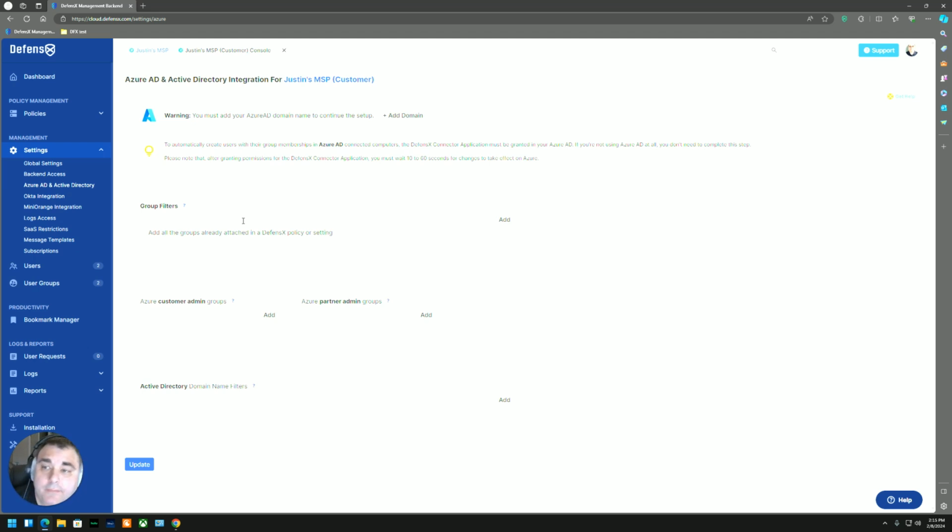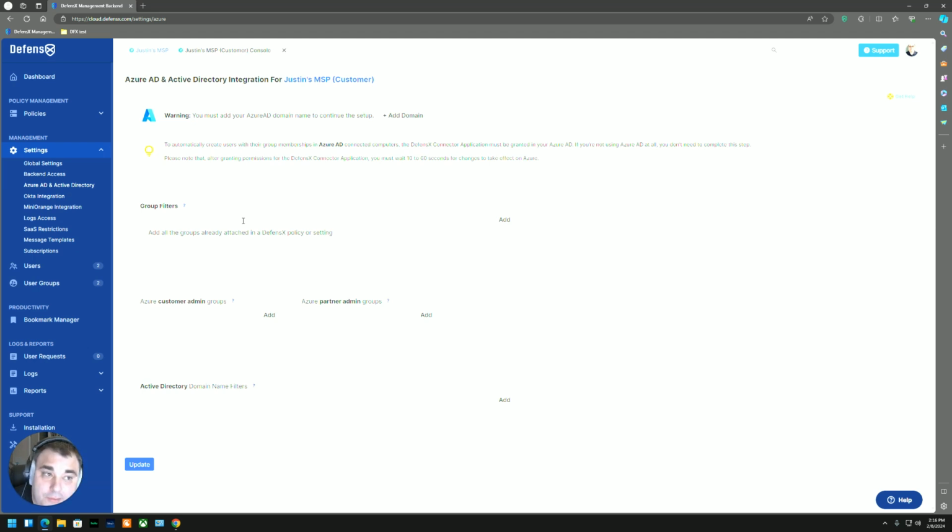As I mentioned earlier, we will automatically create the user for you. The very first time that user logs in, we're going to utilize the computer name and the login name. Then if those devices are Azure joined, we'll pull that data as well, and we'll automatically add the Azure ID to the proper user. And then of course, if you have your groups synced over, then we'll also add them